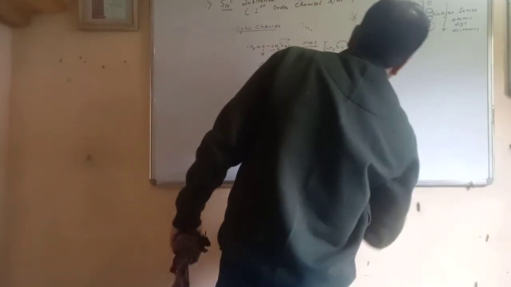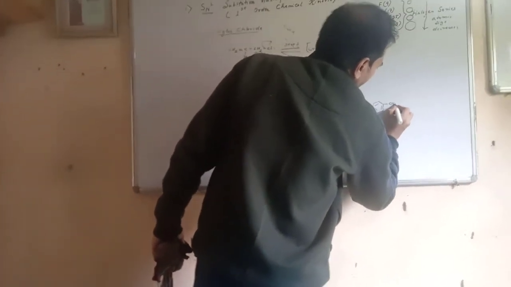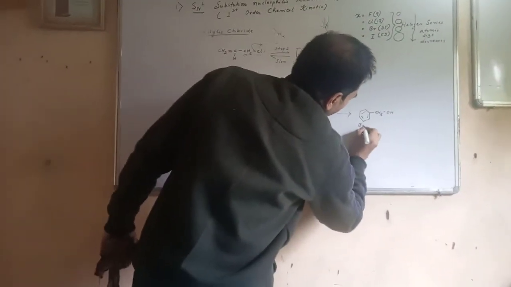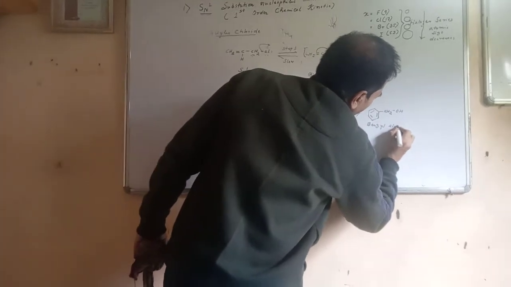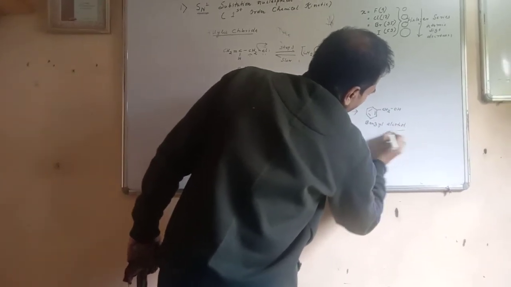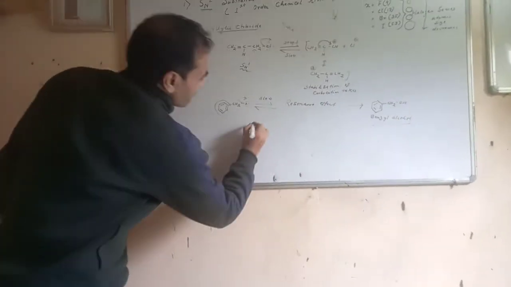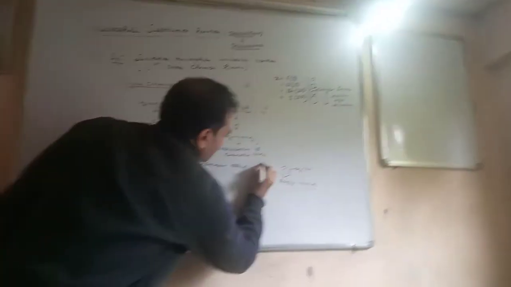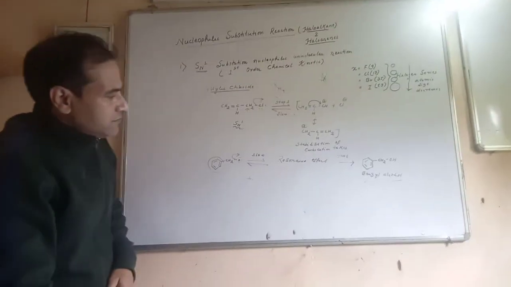If we attack with the nucleophile, it is going to end up as benzyl alcohol. This is nothing but benzyl alcohol. Now when you switch these two particular molecules, they are not mirror image. And this will be the first step. They are not mirror image. They follow first order kinetics.